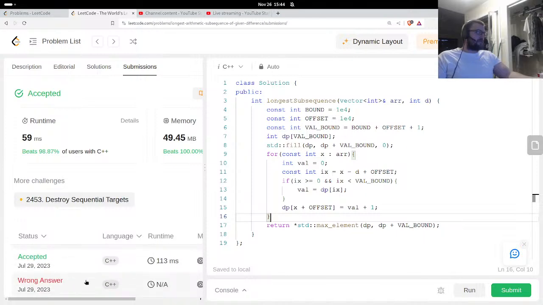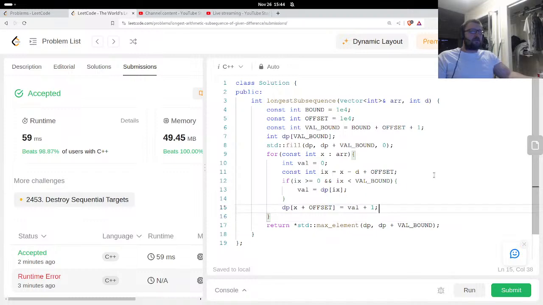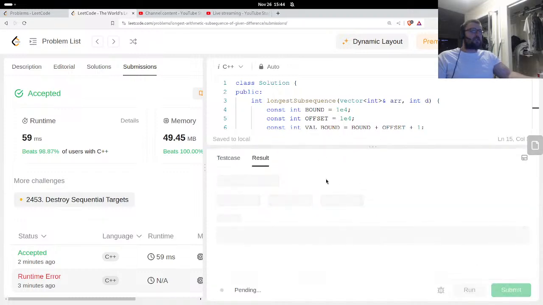This is a much more efficient solution, almost 100%. I was saying that before. This is like the way to do it if you're going to make use of